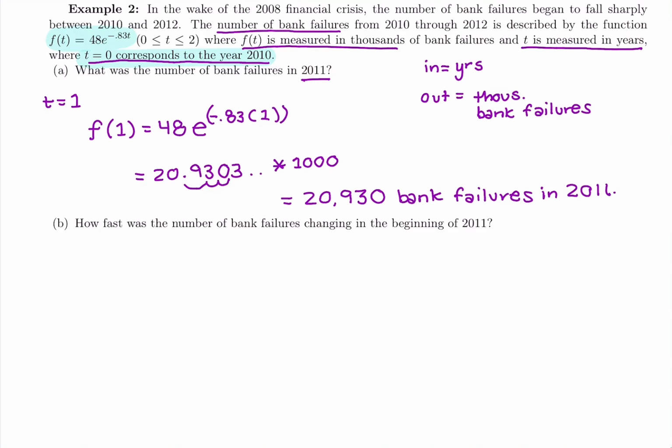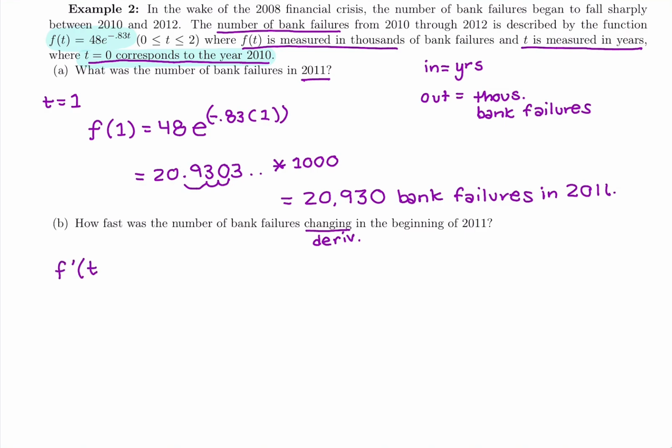The next part says, how fast was the number of bank failures changing in the beginning of 2011? So we know that there were almost 21,000 banks that failed, but hopefully the rate of change indicates that maybe things were going to get better in 2011 and that less banks were failing. So let's see by taking the derivative, because I see a change word and I don't see average change between 2 years. We have change at just an instant. So we need to take the derivative,